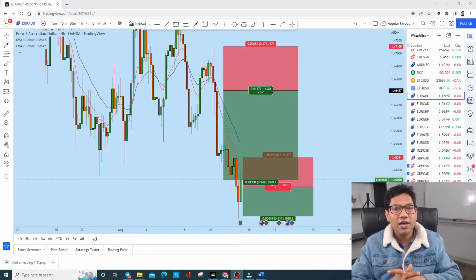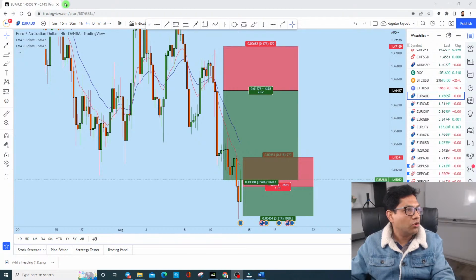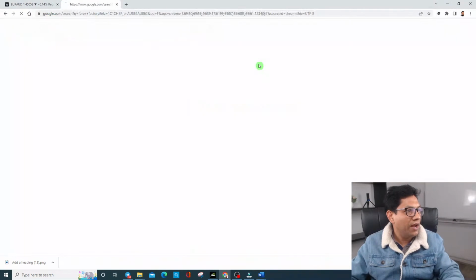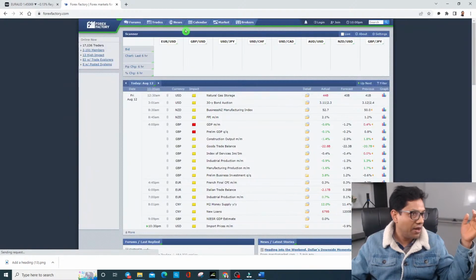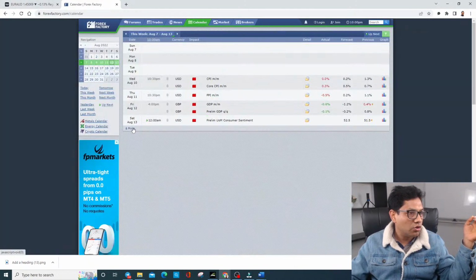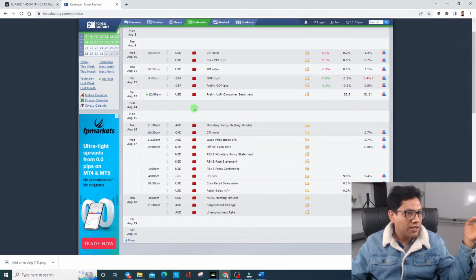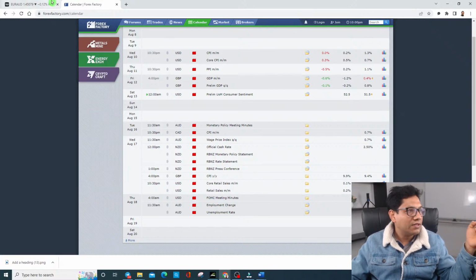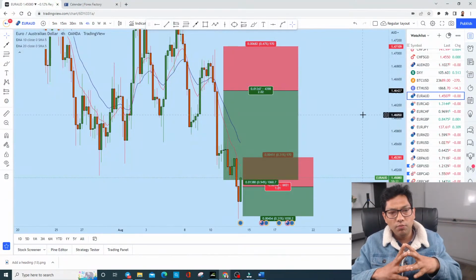As you know, today there will be news on. Let me look at the news calendar so that you know what news is coming up, and there is some good trading opportunity coming up based on the news release. Tonight in Sydney, there is a preliminary consumer sentiment release. That's the news coming up, and we will be trading that news, hopefully if this live stream is still on at that time. But in the meantime, we have some good trading opportunity in the market, as you can see.